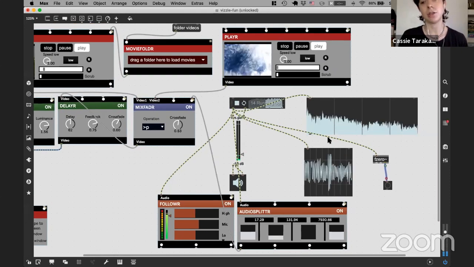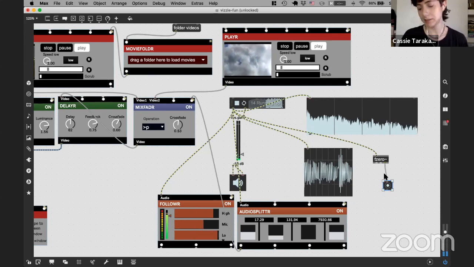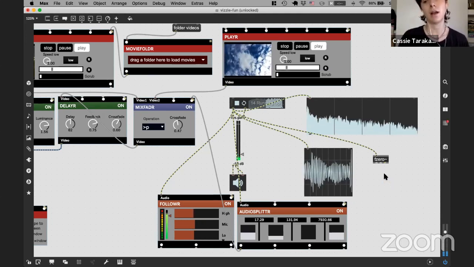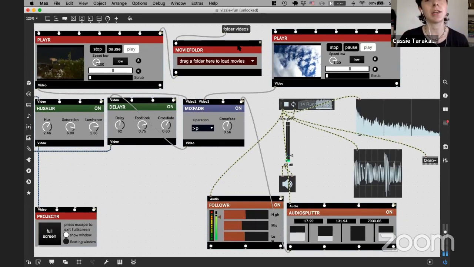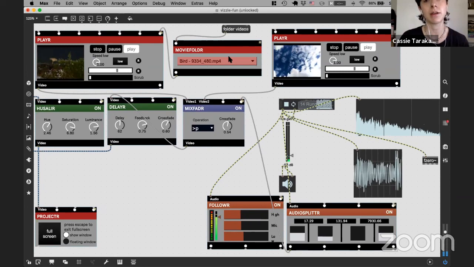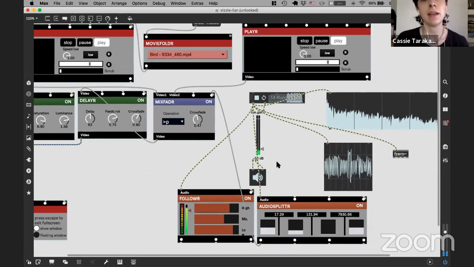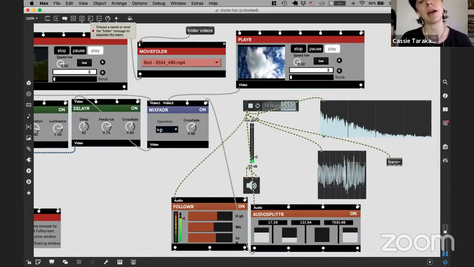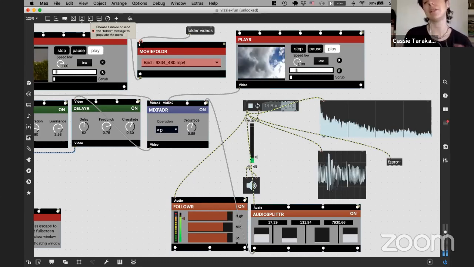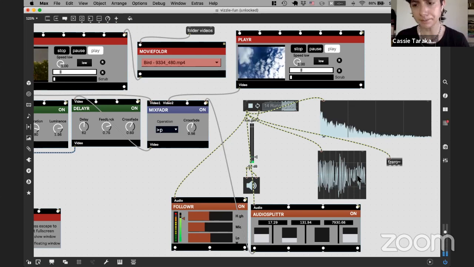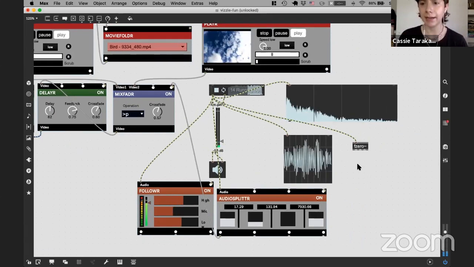And then what I want is for every time there's a note, to trigger this video to change. So I'm going to click folder video. So I have this video. And if I give this movie folder a value between 0 and 1, then I'll just switch to a video. But I want to give it a random value between 0 and 1. And the way that I do that is